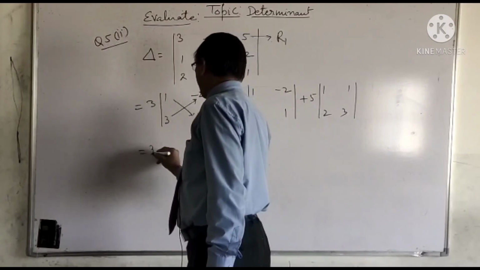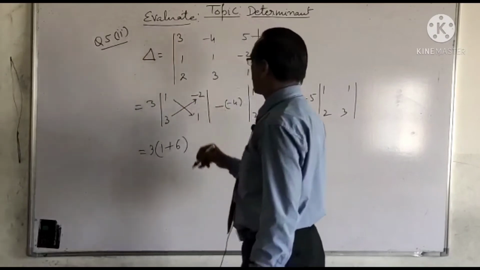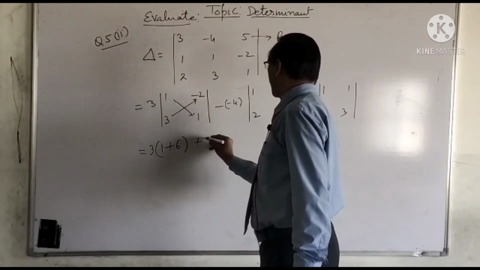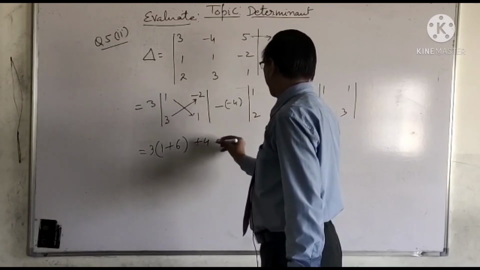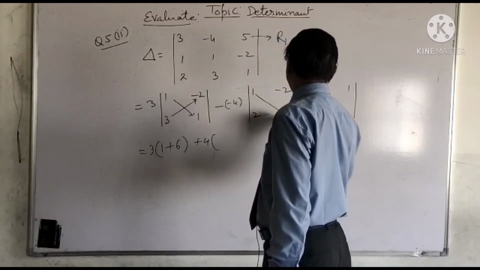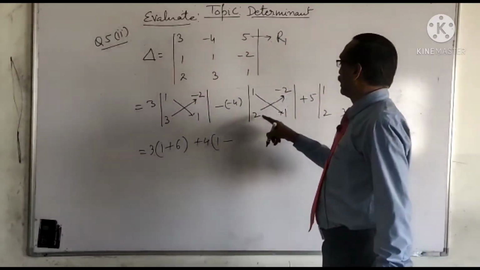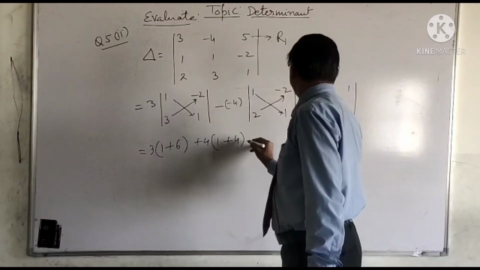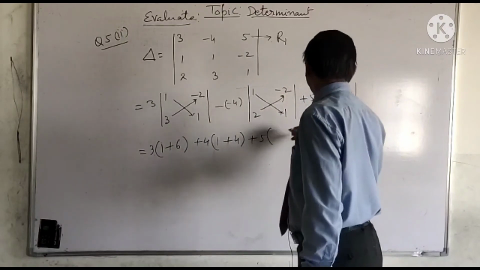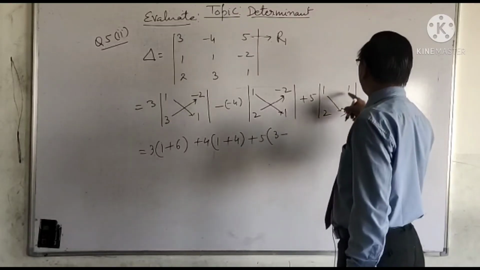We will write 3 into 1 plus 3 into 2 is 6, minus into minus, so plus 4, then it is 1 into 1 minus 2 into minus 2, so it is plus 4, plus 5, 1 into 3 is 3 minus 2 into 1